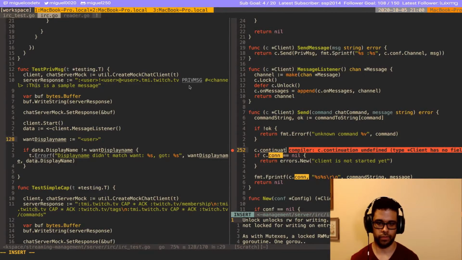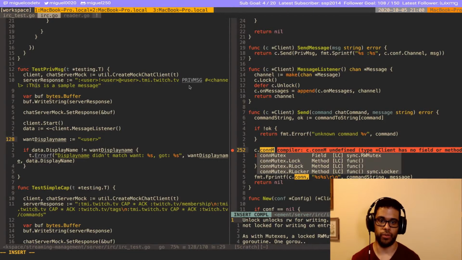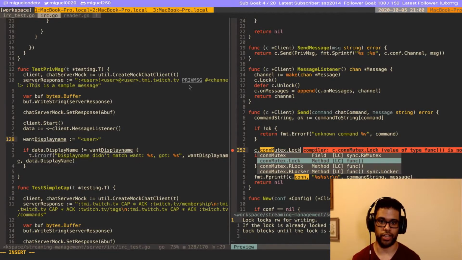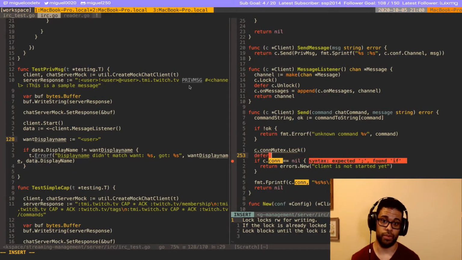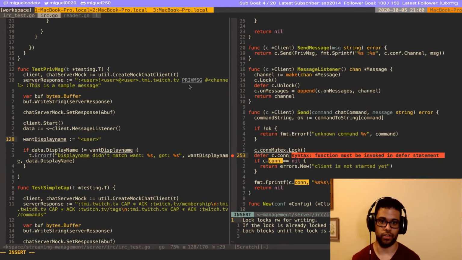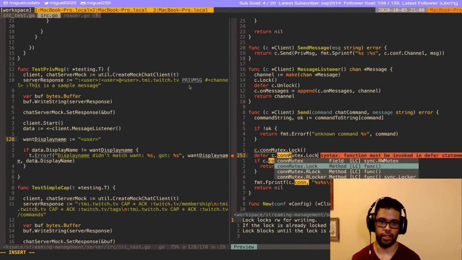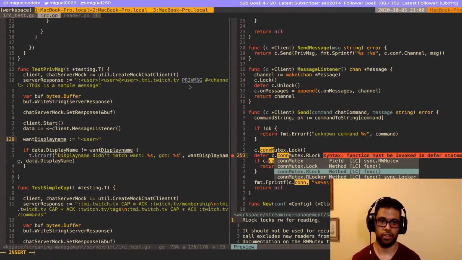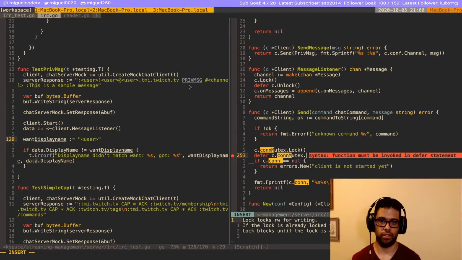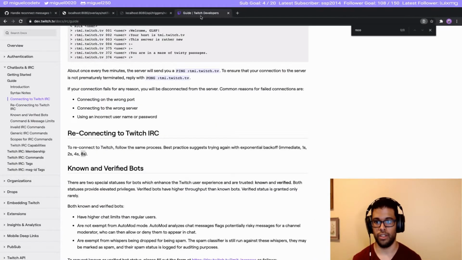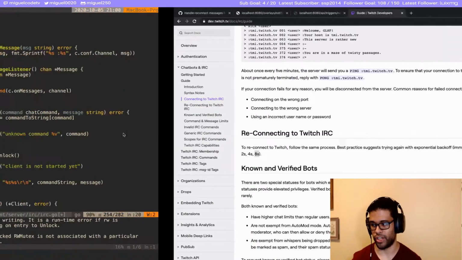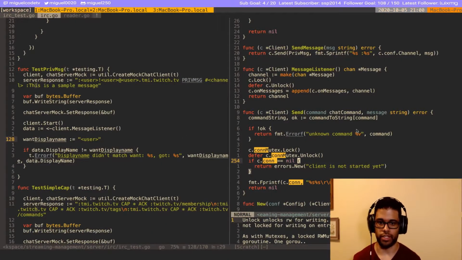Again, the goal is to be able to replace the connection. And to replace the connection, we have to make sure that nothing is using it. Or if something is using it, we could wait until it is done, then close the connection, because we have 8 seconds to close the connection. So Twitch is giving us 8 seconds to close the connection, so we could just wait it out and see when something's done.